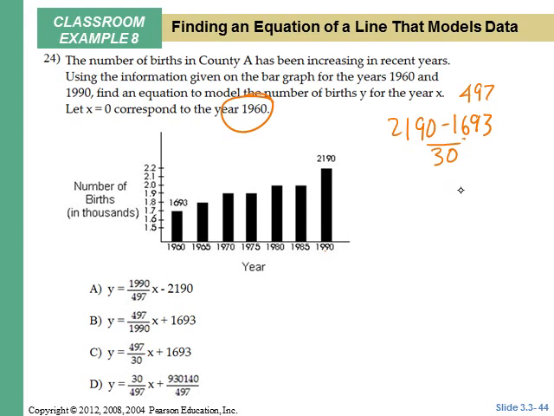If you press that on your calculator, I don't have my calculator here, but I'm going to guess it's somewhere around 16 and a half. Well, they do have 497 over 30. So they left it that way. And then plus 1693 is year 0. Okay. So the correct answer